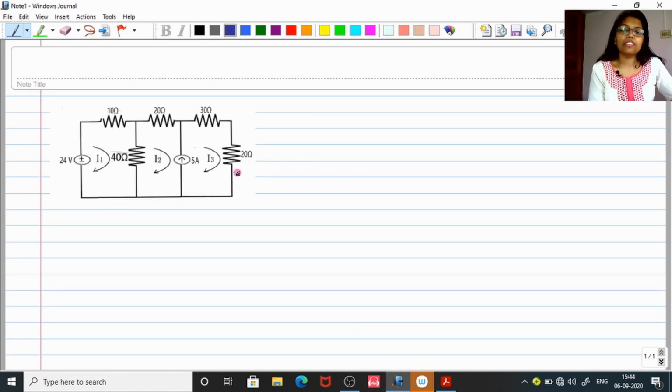I have copied the figure and let me remind you that in the last class we studied nodal analysis, and there we made use of KCL. So here it is mesh analysis, and for mesh analysis we make use of KVL, which is Kirchhoff's voltage law, and it states that the algebraic sum of all the voltages in any closed loop in a circuit is equal to 0. Okay, so here you can see 3 circulating currents marked in clockwise direction.